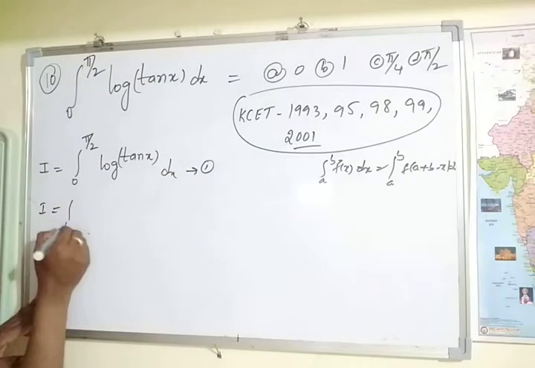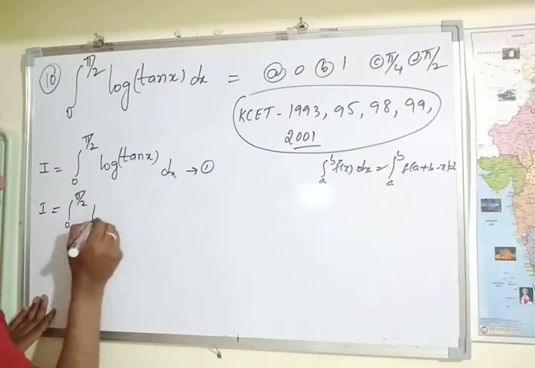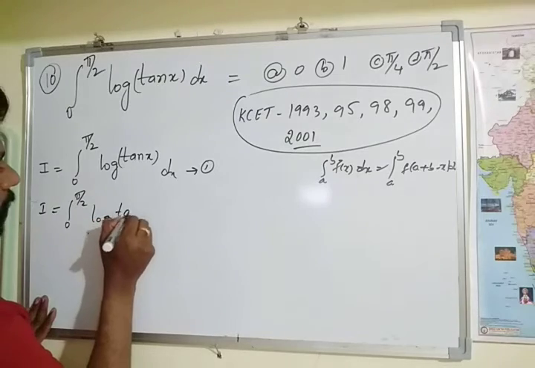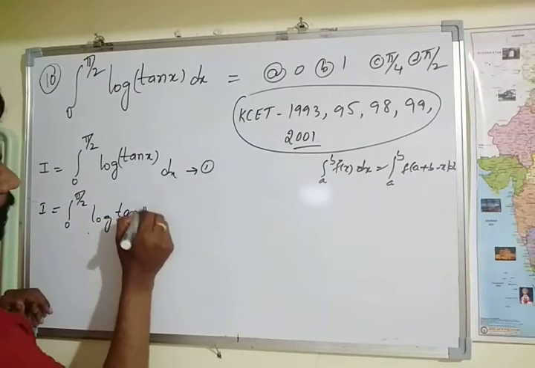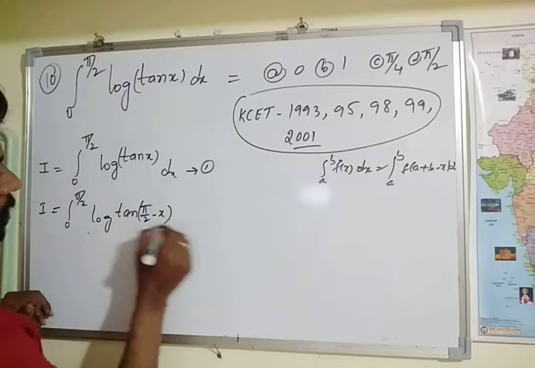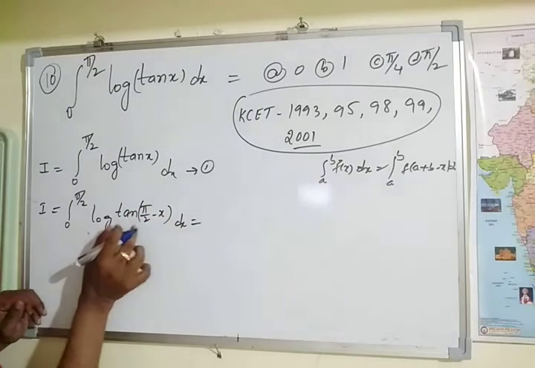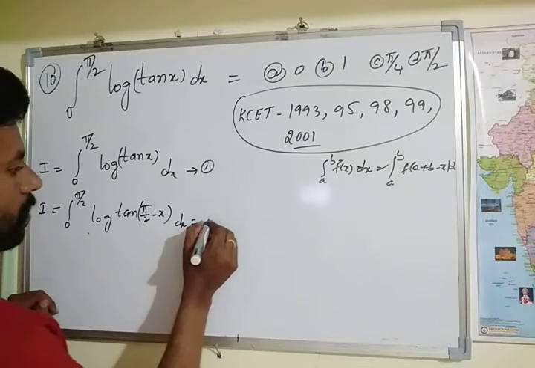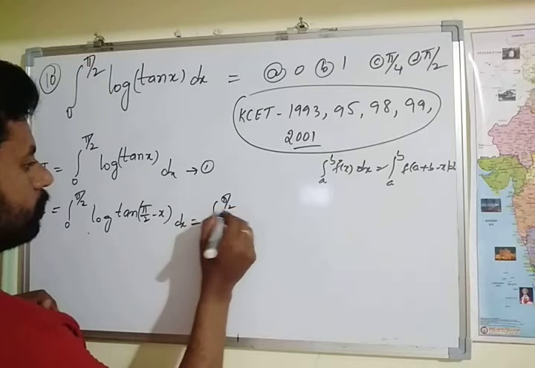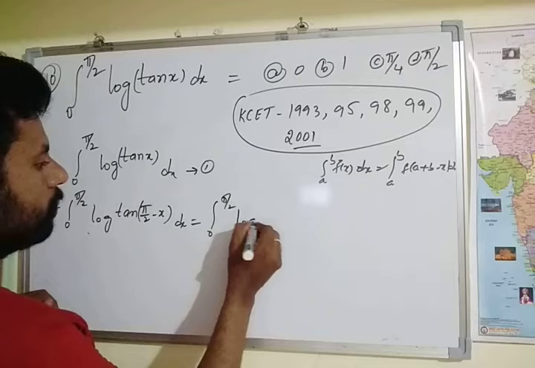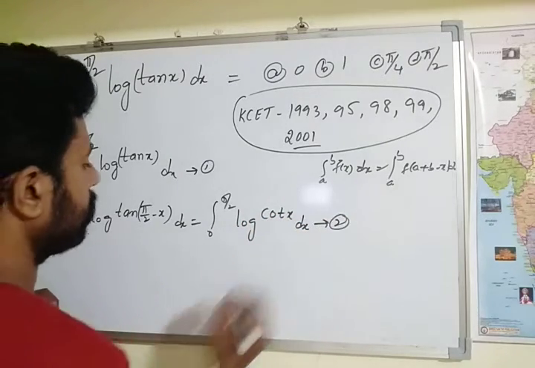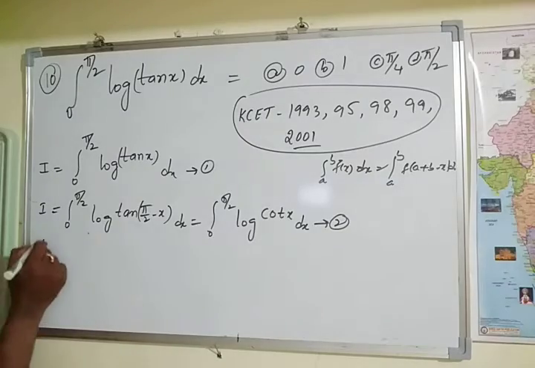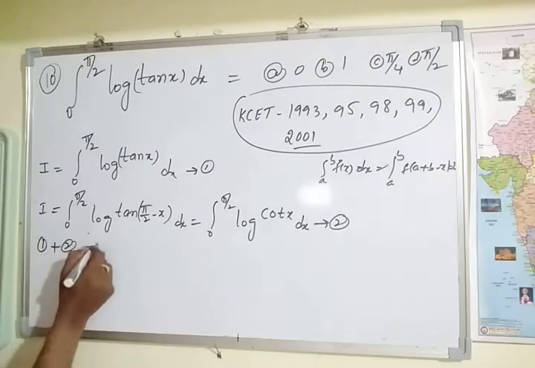Next, integral of 0 to pi by 2 log of tan of 0 plus pi by 2, that is pi by 2 minus x, into dx. See, tan of 90 minus theta we get cot. So integral of 0 to pi by 2 log of cot x into dx. Consider this equation number 2. Now here adding 1 and 2, 1 plus 2 implies I plus I, that is 2I,